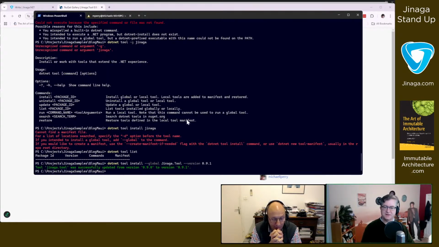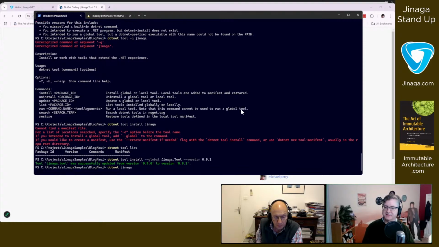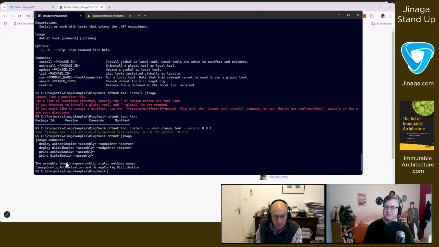Okay, so now it was updated from 9.0 to 9.1. So now if I do a dotnet jinaga, I can see the new options. There we are. I can deploy authorization rules, deploy distribution rules. I can print authorization, print distribution. I'm going to need to add another one where I can just print the whole rule set. But if I say dotnet jinaga print